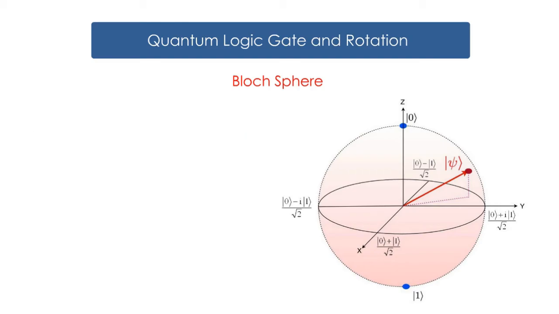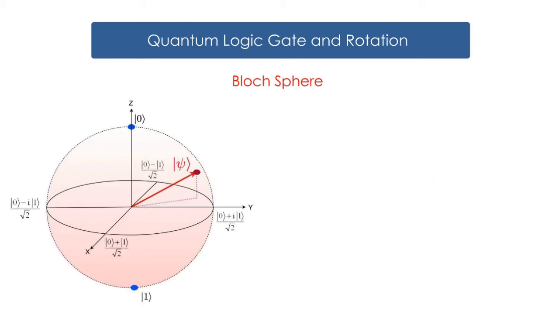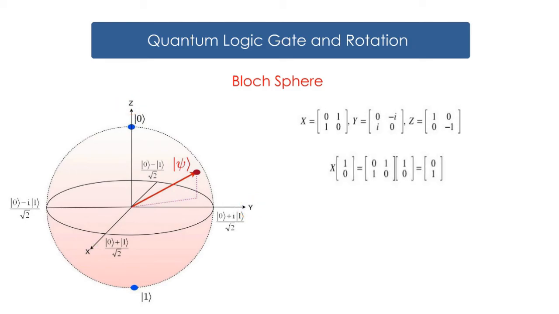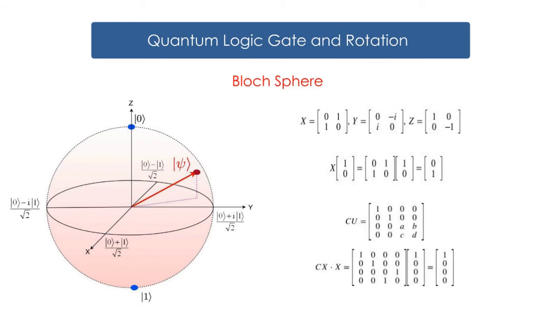In order to change the quantum state, a rotate operation is used. It is called a quantum gate. The Bloch sphere has 3 axes. XYZ quantum gates are such rotational operations around an axis. The basic rotation operations are the X, Y, and Z gates. Each corresponds to a rotation of 180 degrees around the X, Y, and Z axes. The quantum gate can be computed by multiplying the state vector. There are also gates that use more than 2 qubits.